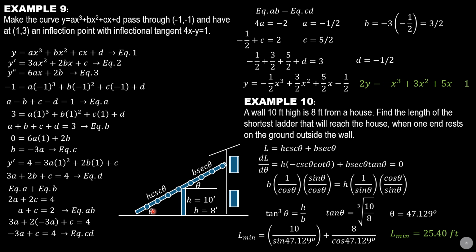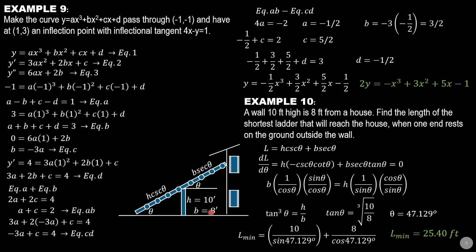So the angle of inclination is, let us say, theta. Let's set up trigonometric equations here. You can have an algebraic equation, but it's a bit lengthy. So I just use a trigonometric relation by making this theta, this one theta. So this is h, which is actually 10 feet, and the wall is 8 feet from the house.